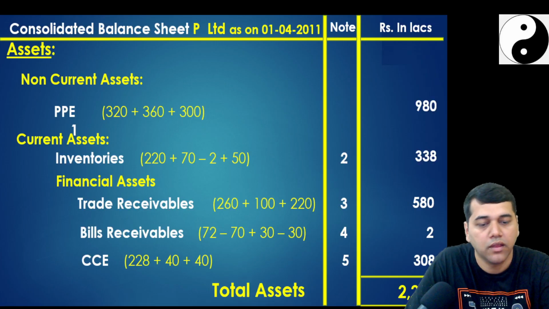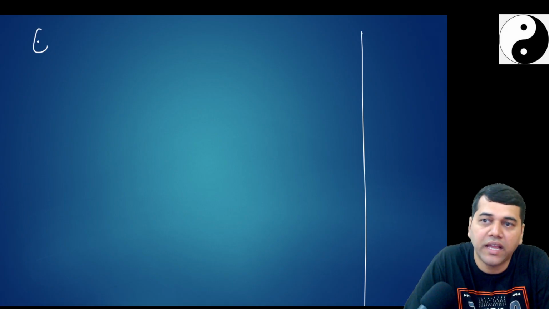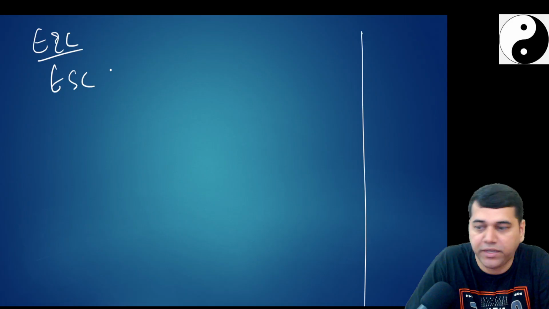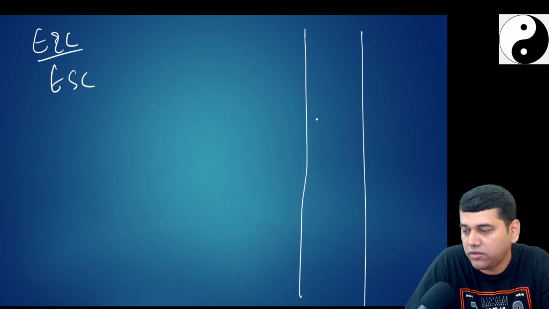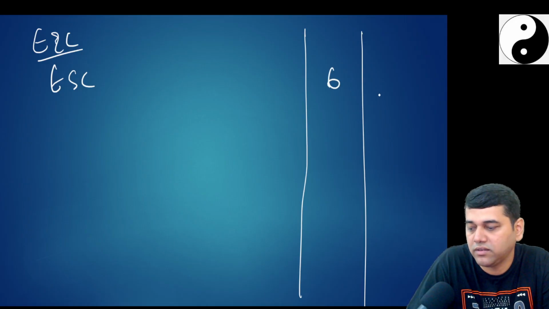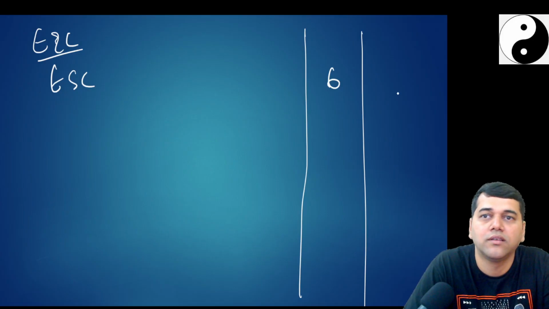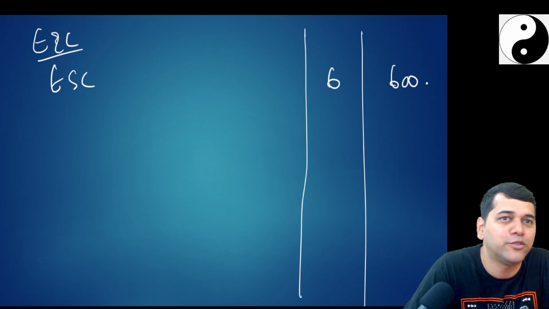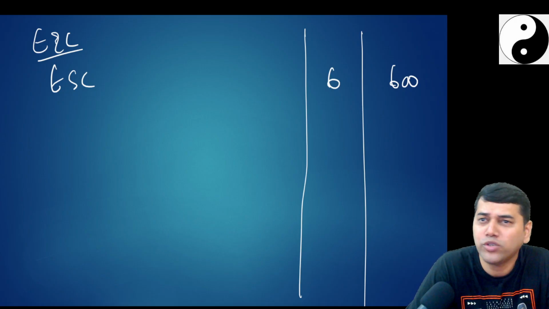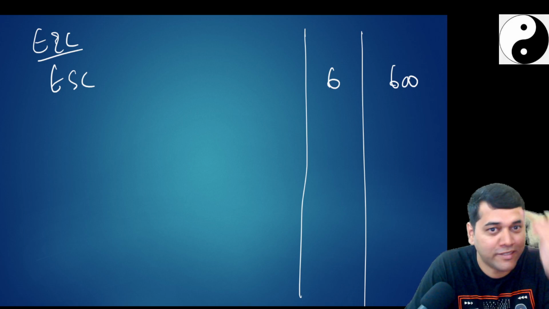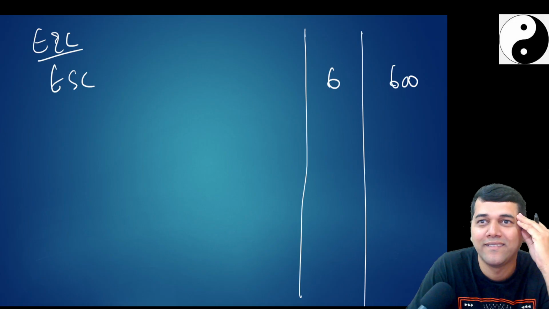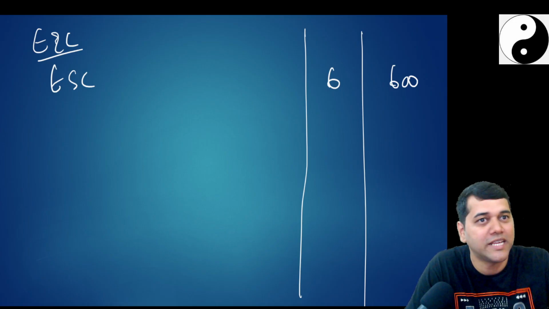So I'll go to the other equity. It's done. I'll go to the other equity now. Equity and liability, under equity share capital. How much is my equity share capital? How many notes did we finish? 5. Note number 6, 600. Only parent I should take, no? This is the most simple. Never ever, except reverse acquisition, is there any adjustment here. Only in reverse acquisition should I sit and think. Otherwise, absolutely no adjustment. Just take the parent one.